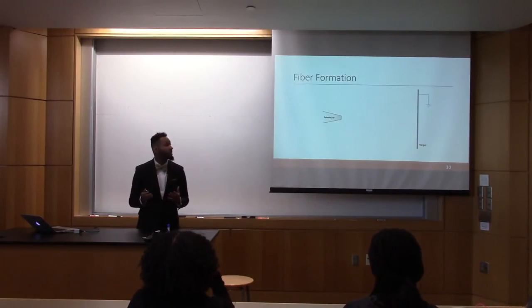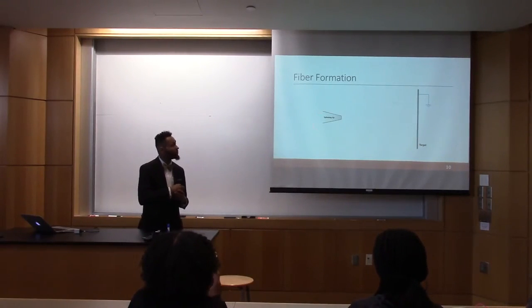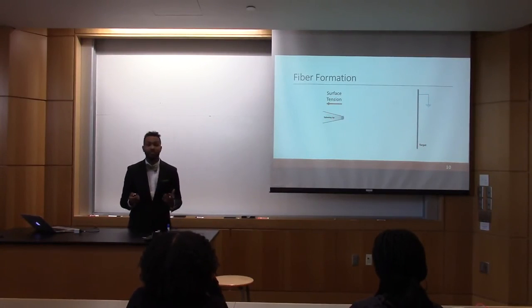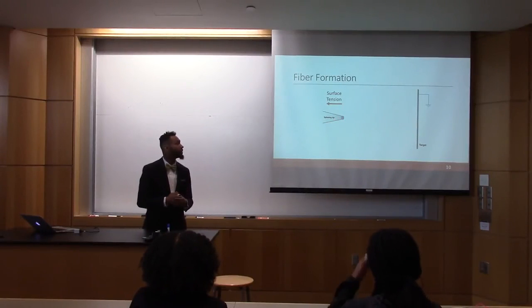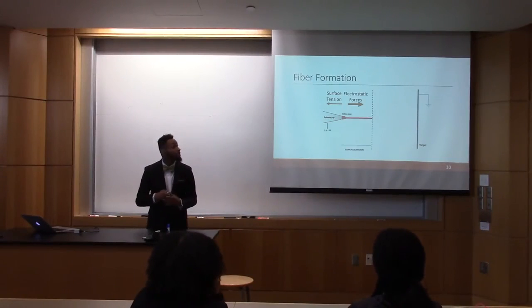So, fiber formation. How does this fiber actually get formed? So as you see, I have my electrospinning tip and a target where the fibers will be collected. Without an electric field, you have your droplet on the surface of the tip, being held by surface tension and gravity pointing down. When an electric field is created, it